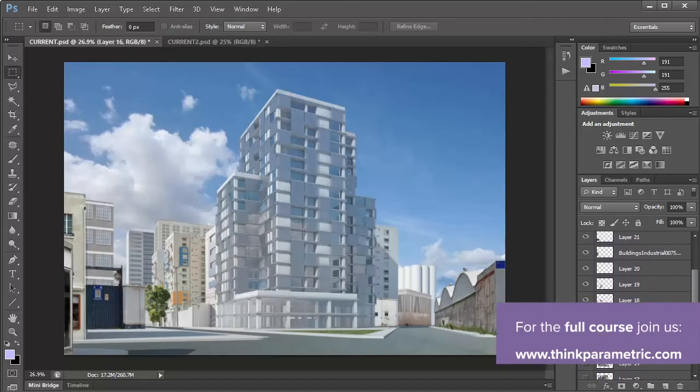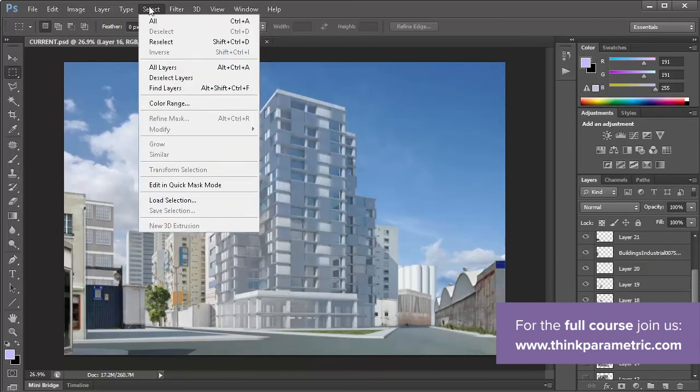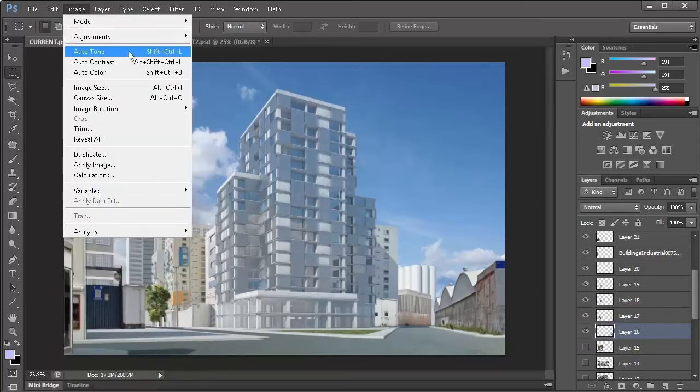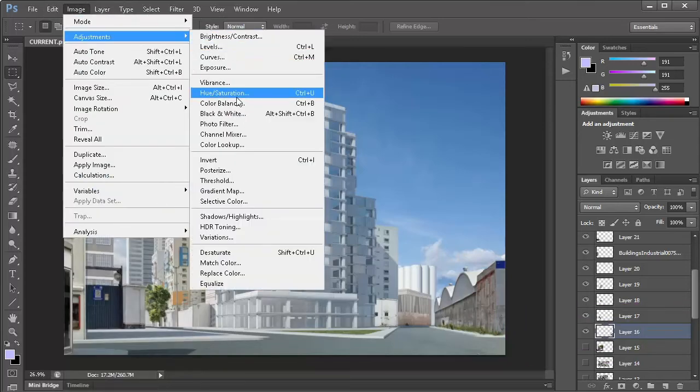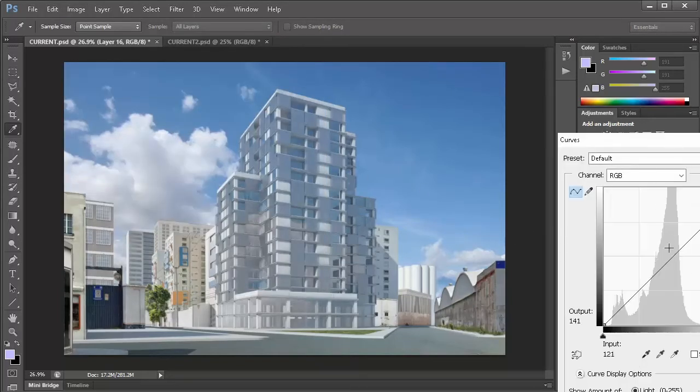But just make sure that they more or less are of the same tone.